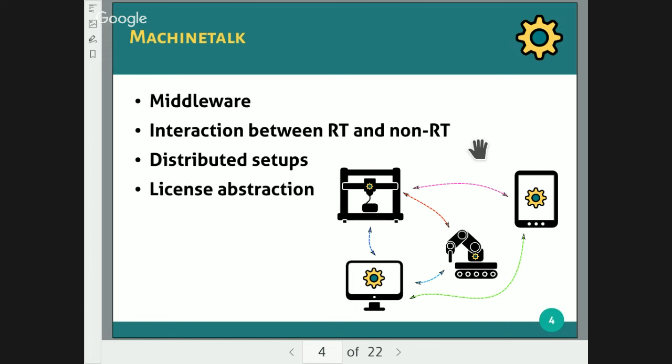If you're interested in this topic, I gave a talk about 6 months ago, I think, at the Vienna Internet of Things monthly meetup. If you're interested in more technical details, you may take a look at that. This is more about the things that are important for using Python Machinetalk and other bindings.